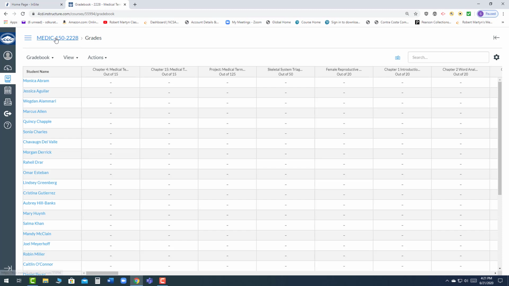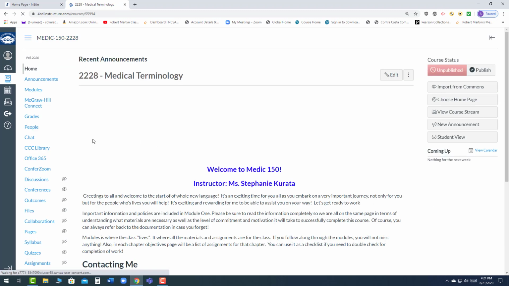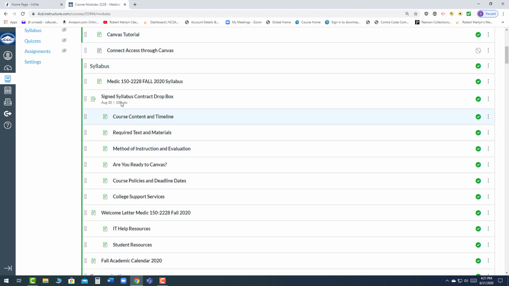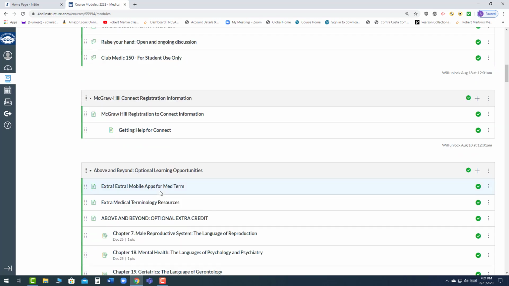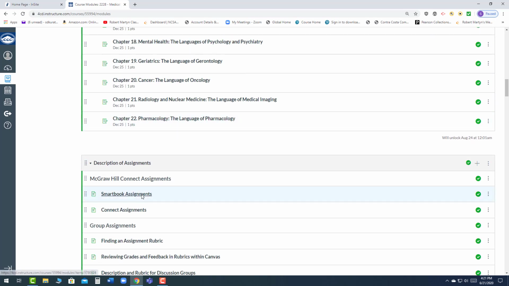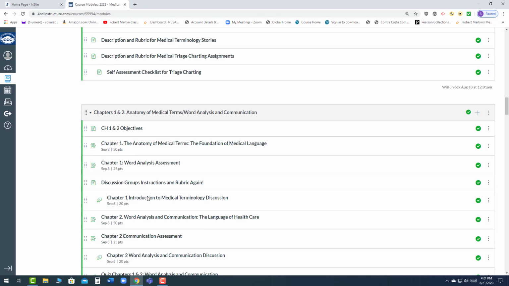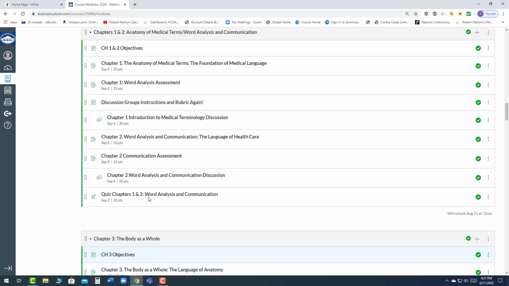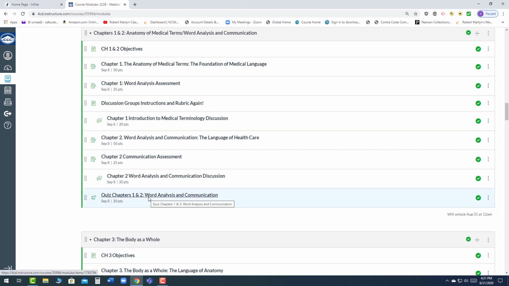Then, if you go back, there's another way to make sure that you did all of your assignments, and that is to look at what has points next to it. If it has points next to it or underneath it, then it is an assignment and you need to do it. The third, and probably the easiest way to do it, to make sure that all your assignments are completed,